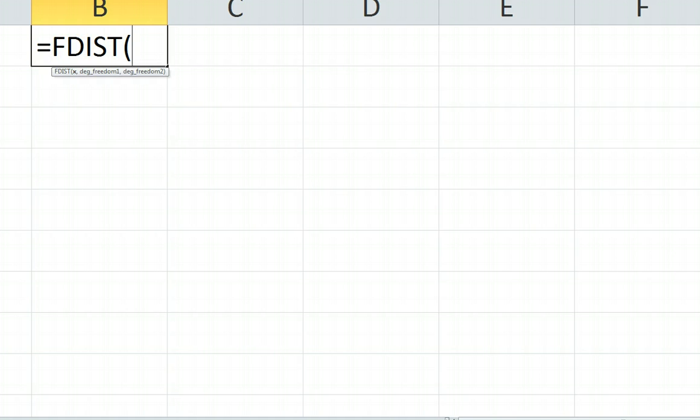Open the parenthesis, put in the actual x value that we're trying to compute the probability to the right of, 10.98901, separator, degrees of freedom for the numerator, that was 1, degrees of freedom for the denominator, that was 8, and if we tab out of that box, we should have the p-value we're looking for,